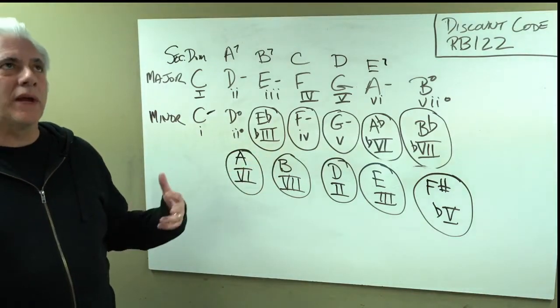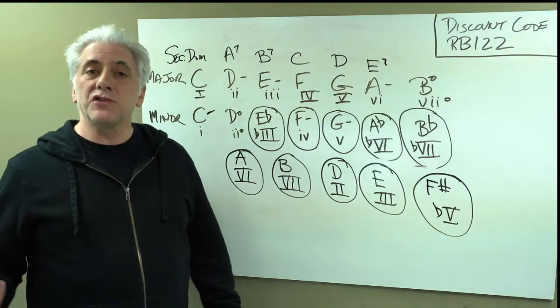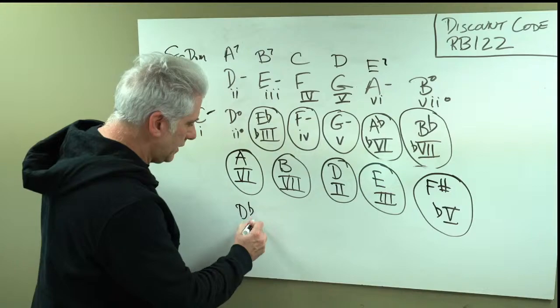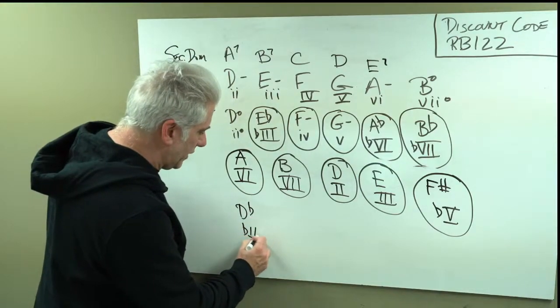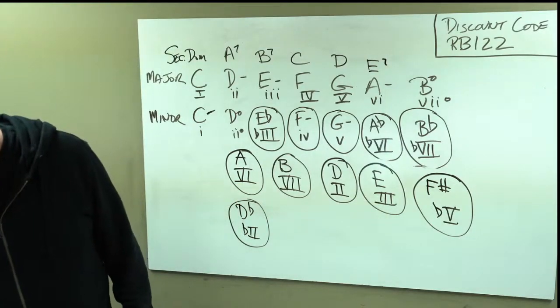Now we could say, okay, well, what about the flat 2 major, right? Which would be D flat. So D flat major would be the flat 2 major. What about that? Well, the flat 2 major,